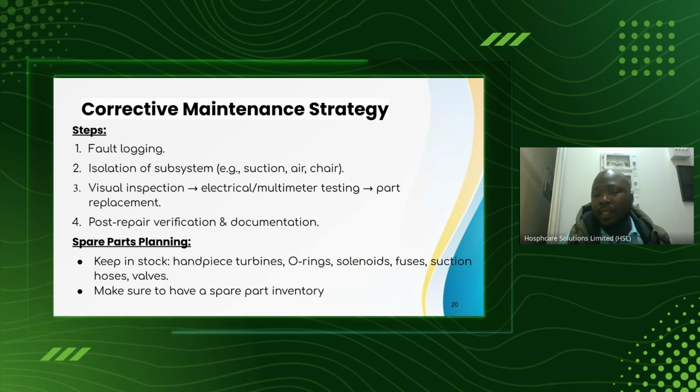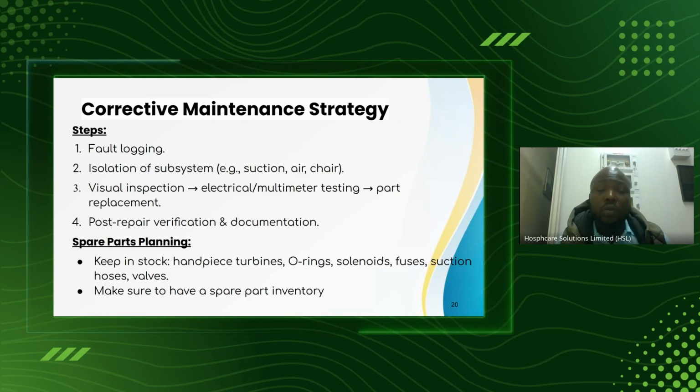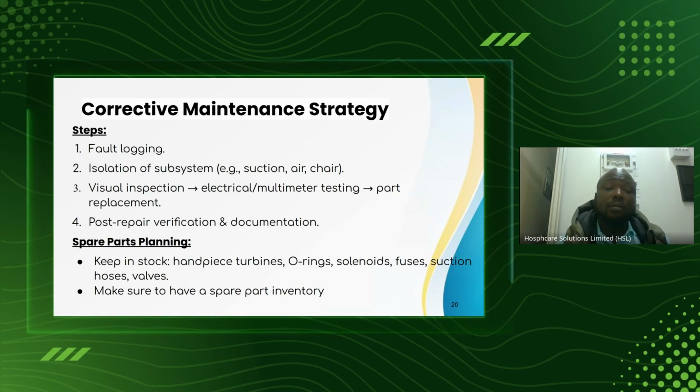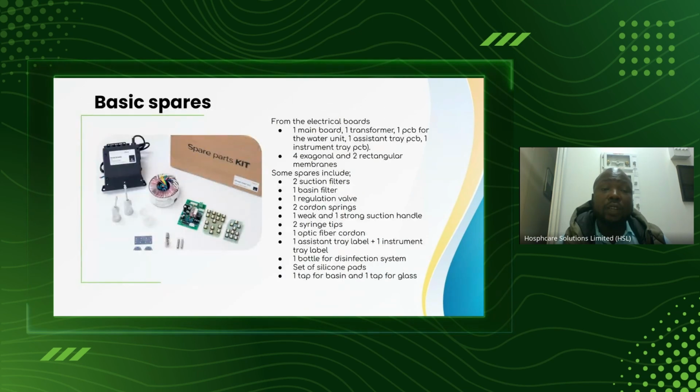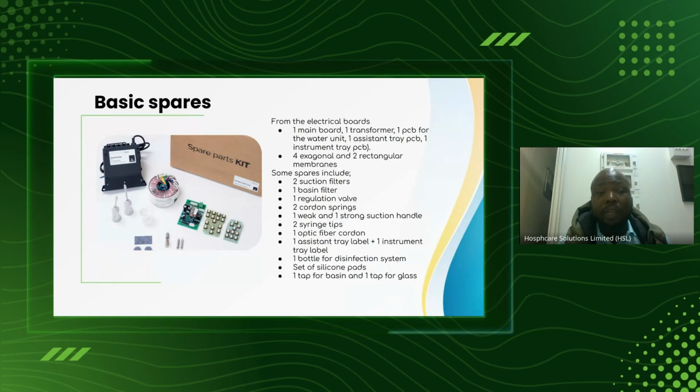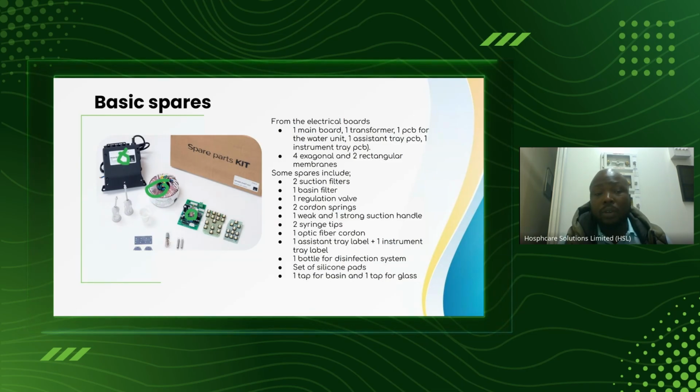Make sure to have a spare part inventory so that you know what kind of spares are being utilized most frequently. So these are just basically common spare parts. We have the movement control. We have here the step-down transformer. And these are the control keys and the board, the control board, activation keys or touchpad. And these are the nozzles. This nozzle needs to be replaced